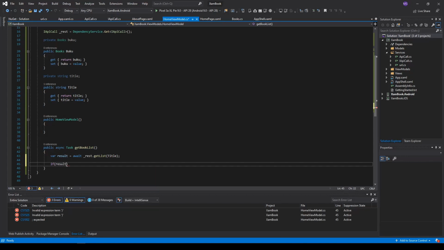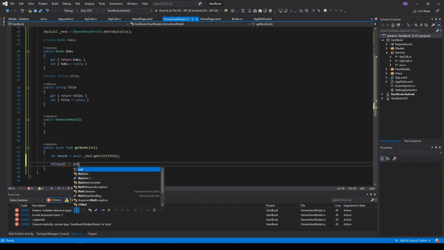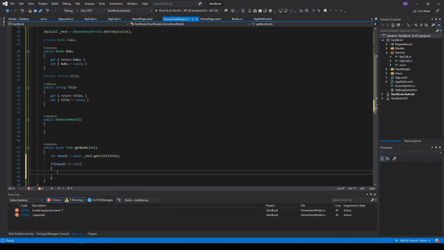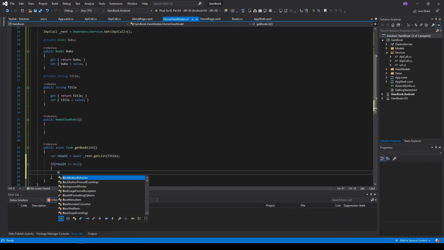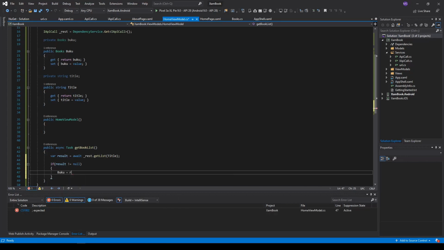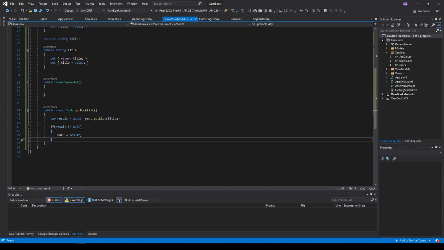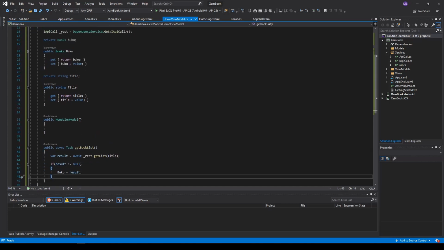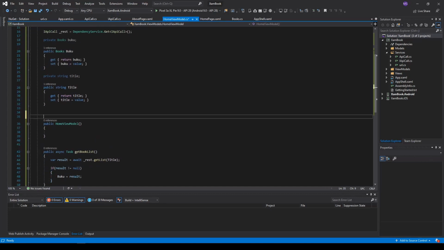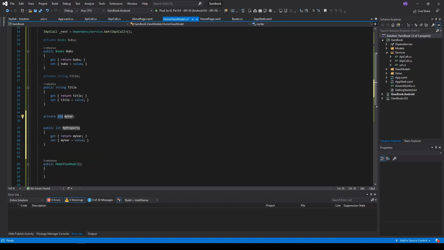If the result is not null, then we pass it to buku result, and then after that, I also going to create another property bool called is refresh,